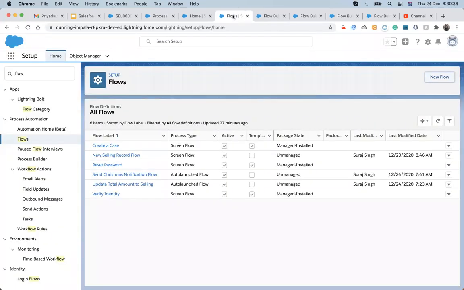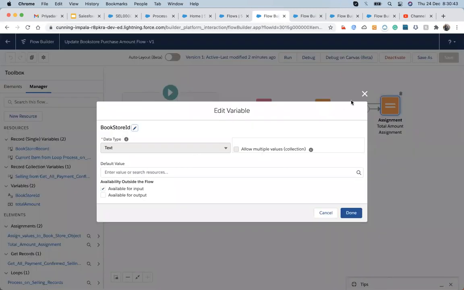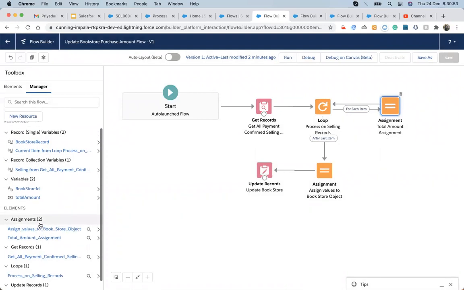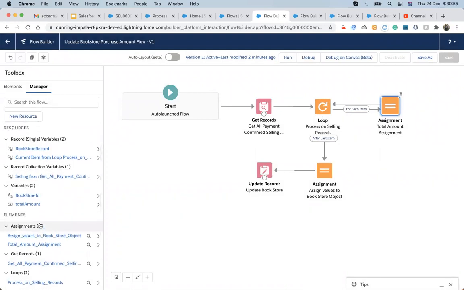This is the small example of how to call a flow with an auto launch flow. Whenever we work on the auto launch flow, we have to work using variable declarations. Just like the screen flow has screens, and a screen stores all the values related to that object or field, but in the auto launch flow, we have to declare variables to store the values.